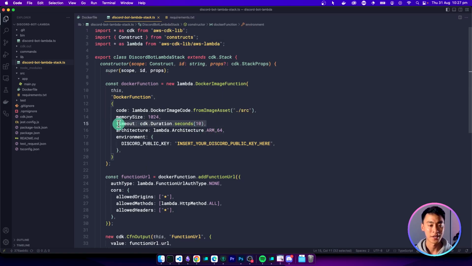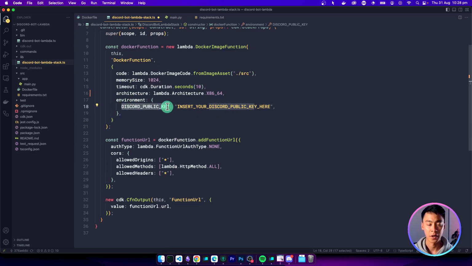I've set a timeout for 10 seconds because by default, I think it's only 2 seconds, and that might be too slow for a Docker container, but you can always increase this if you need more. And for the architecture, well, I'm using a Mac M1, which is an ARM architecture, but I think most of you, if you're using a Windows or a Linux, might actually be on this x86. So just make sure you check what your architecture is and then set it to this one, because that's the only thing you need to be in sync with AWS Lambda. Your machine architecture and the Lambda function should have the same architecture.